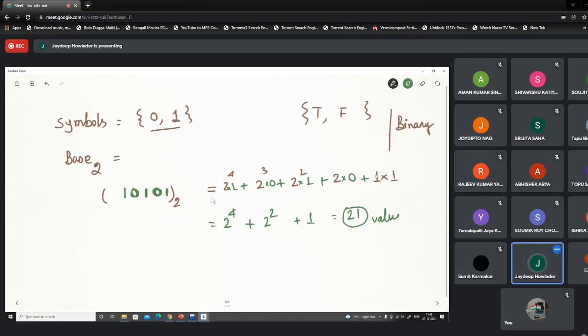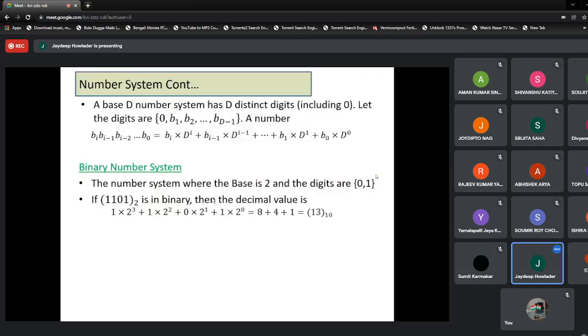Value means we understand that 21 entities are unary. This is basically the unary part. 21 entities having the binary representation of 1, 0, 1, 0, 1. Okay. Understand? And that is what we have discussed here. Okay. So these are the decimal. This is the binary 13, which is represented in this. Okay.